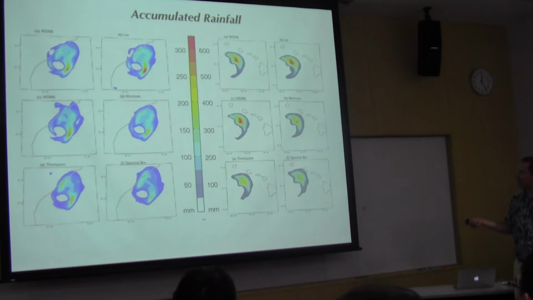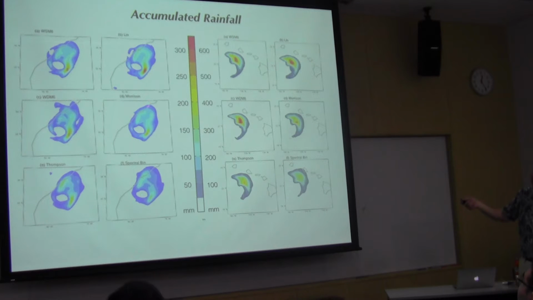And so then the last thing I want to show is if you actually relate this back to rainfall, the accumulated rainfall from these schemes is so strongly dependent on the microphysics. You'll see that these are the single moment schemes at the top here for Arthur and Ana. As you increase the complexity of the scheme, you see that the rainfall rate goes down. The single moment schemes are really overproducing the rain